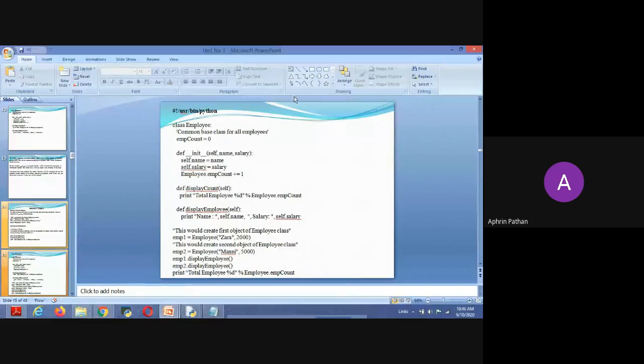Okay, so this is the employee class, common base class for all the employees. Employee count is equal to 0. Now define init. So init is a special method. In bracket we are passing three parameters of employee class. The first is the self, second is the name of the employees, and third is the salary of that employee. Self dot name is equal to name, self dot salary is equal to salary, and employee dot employee count plus